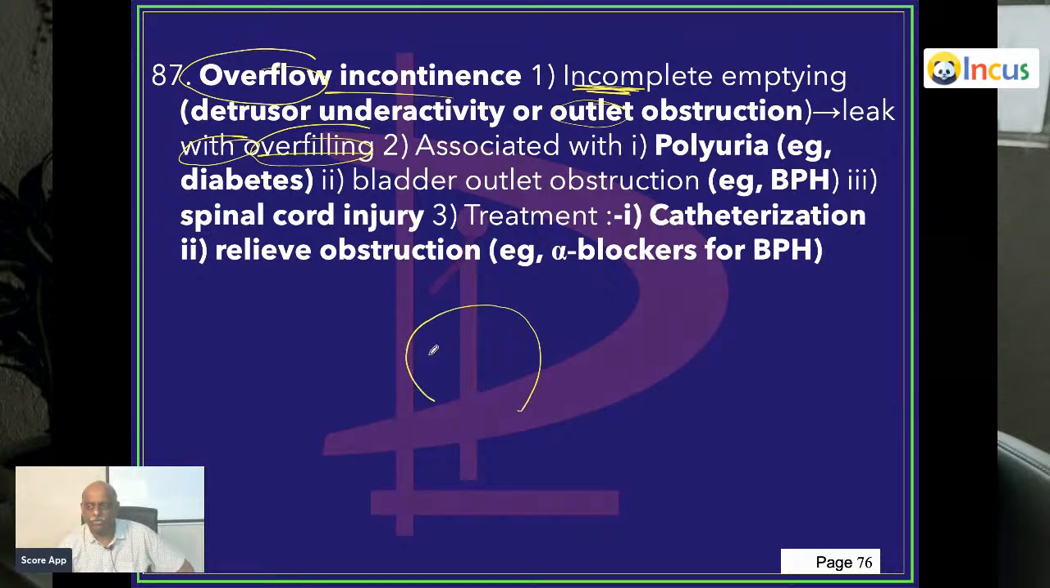Normally, the amount of urine formed is normal, okay. But diabetic individuals have polyuria, more urine produced beyond the capacity of